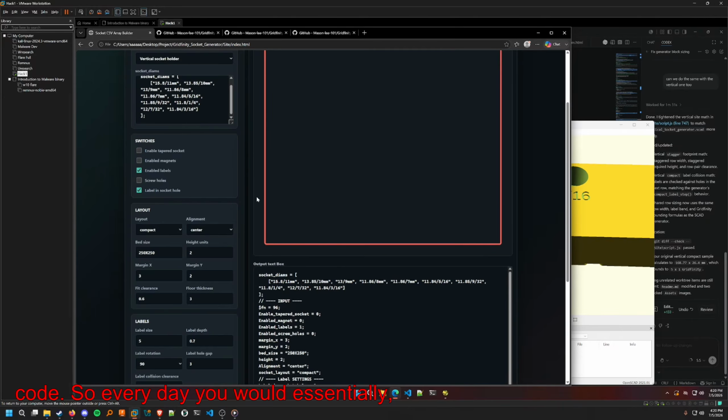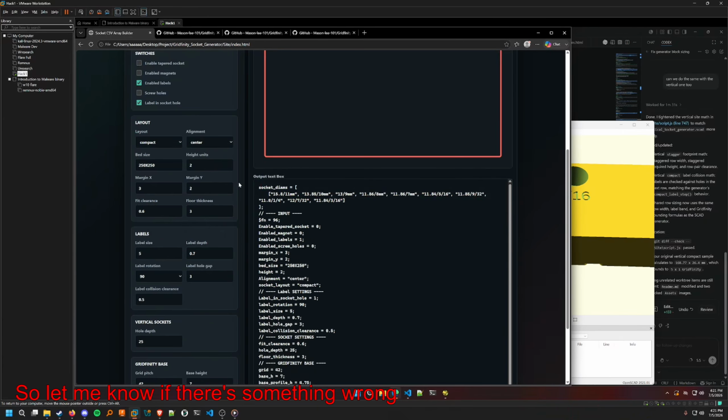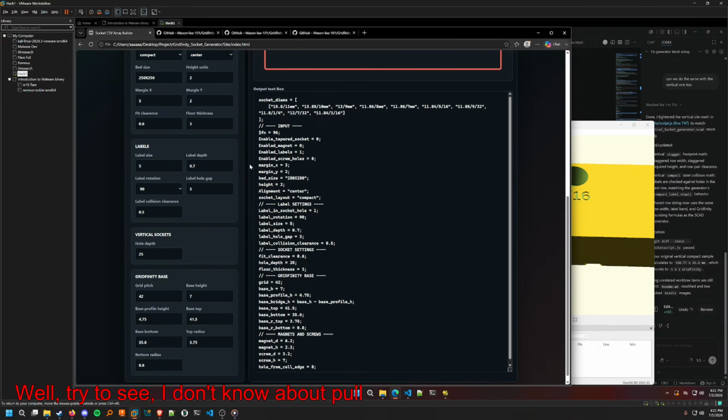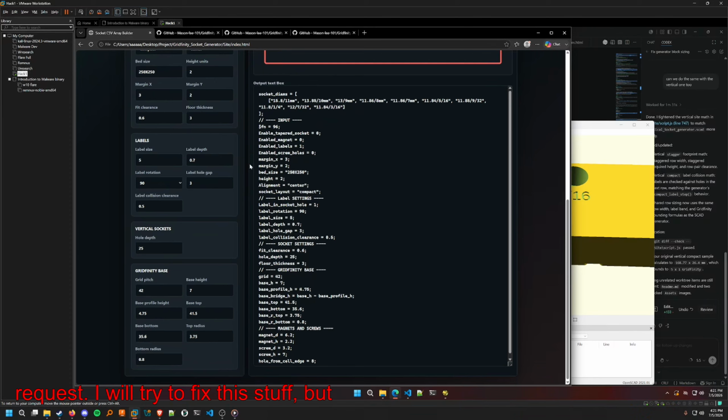Every day, when you're programming with AI, you get a different person, a brand new person that has never touched your code base, and they have their own methods. So let me know if there's something wrong, or make an issue, or do a pull request. I don't know about pull requests. I'll try to fix the stuff, but